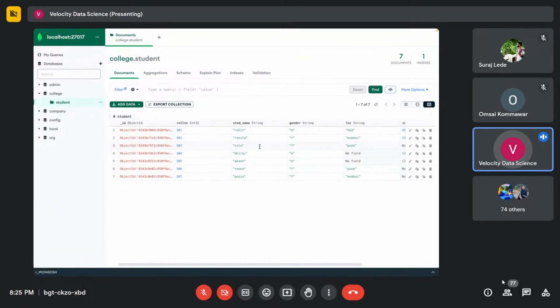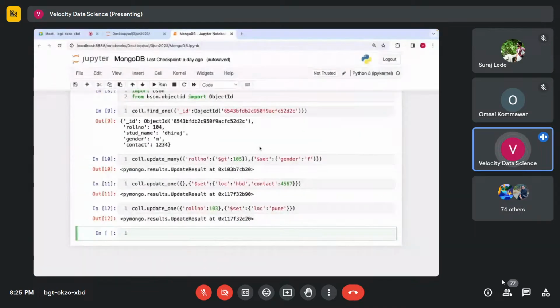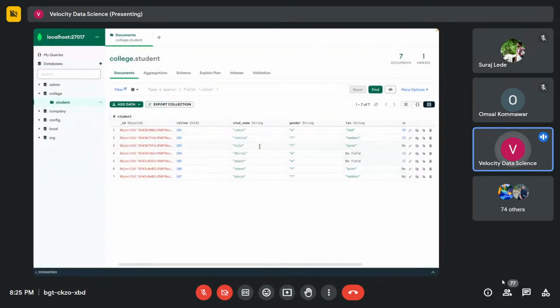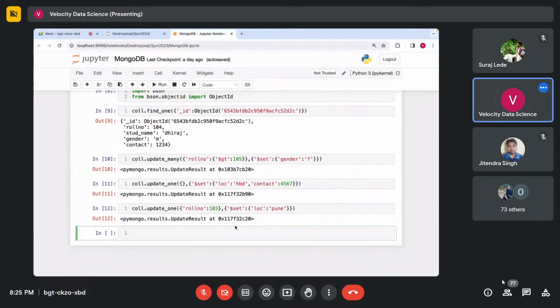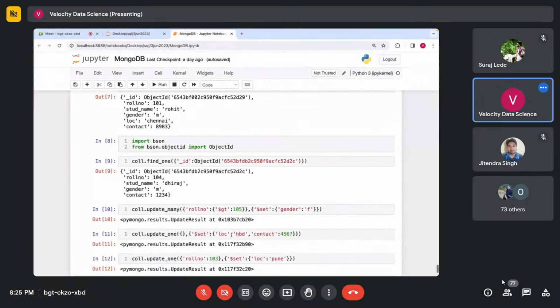Now if I'll say update one where gender value is male, which document we will be able to update? कौन सा डॉक्यूमेंट अपडेट कर पाओगे फिर से? फर्स्ट डॉक्यूमेंट। 104. फर्स्ट। हाँ, ऐसा पहला डॉक्यूमेंट जो आपके फिल्टर को सेटिस्फाई करता हो।